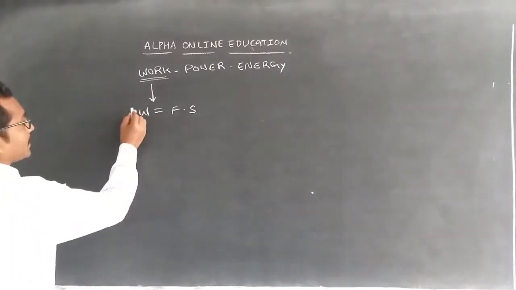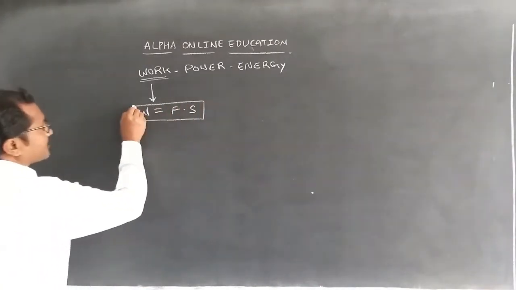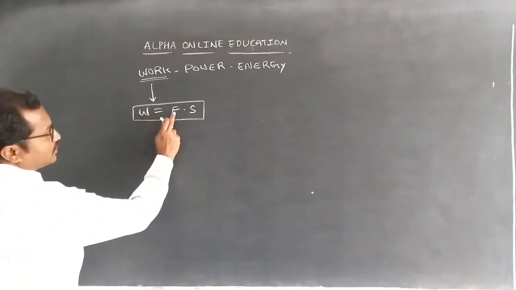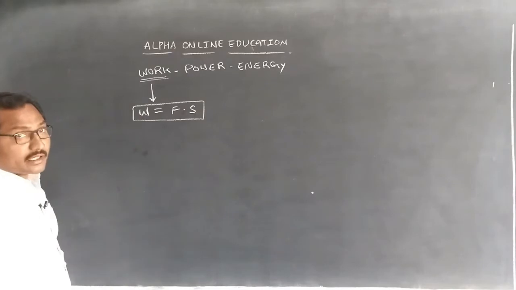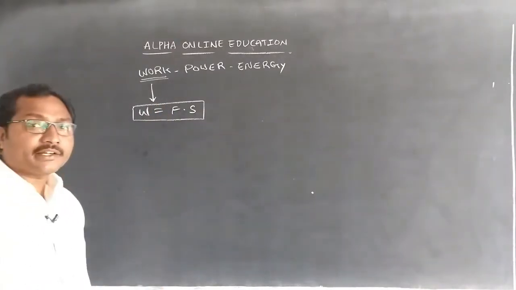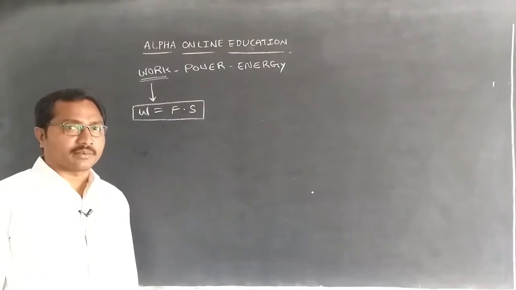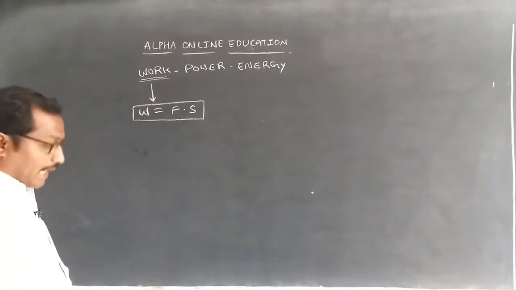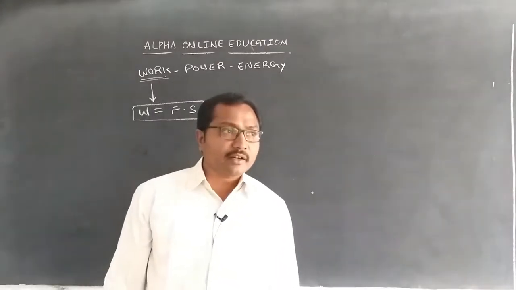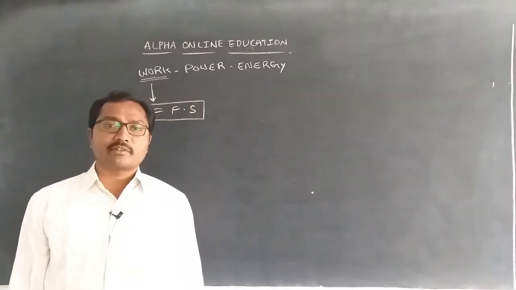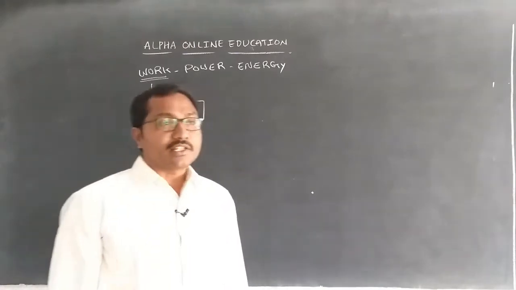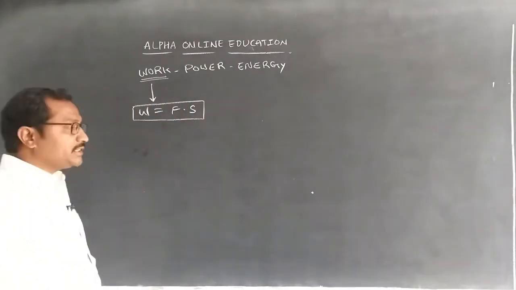This is the major concept about the work equation. Observe here, we have the equation for the work done equals F dot S. It is related to the scalar product concept. Previously we have discussed the vector concepts completely, that is the vector product as well as the scalar product. Now I will recall the scalar product.